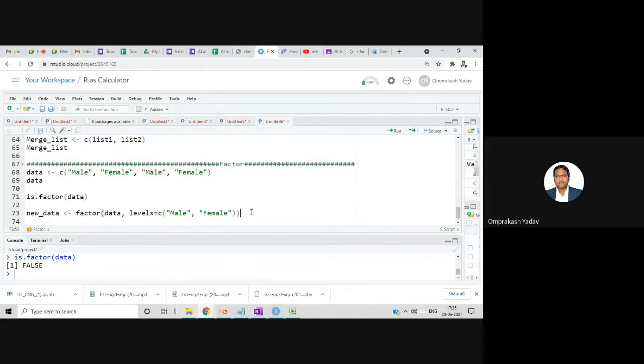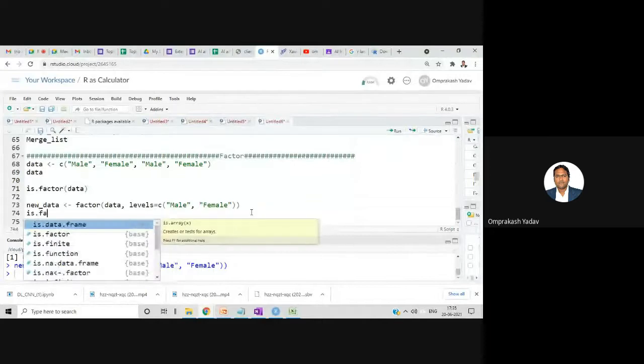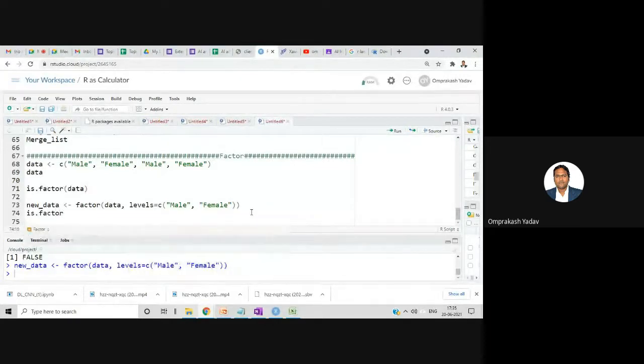So let's execute this. Now let's check is.factor, and inside this, mention new_data. Now it's telling me TRUE.